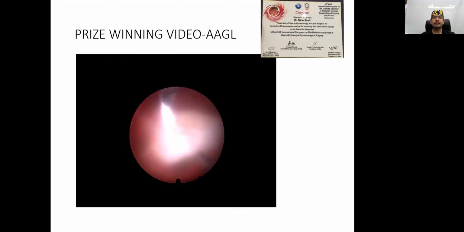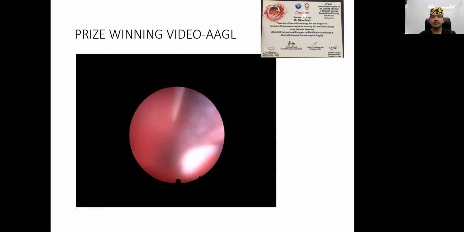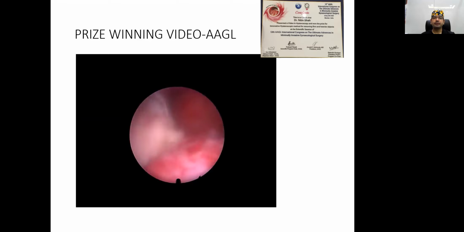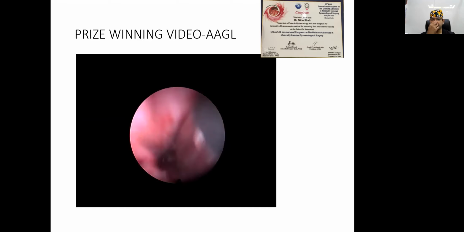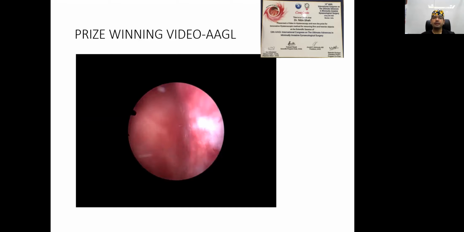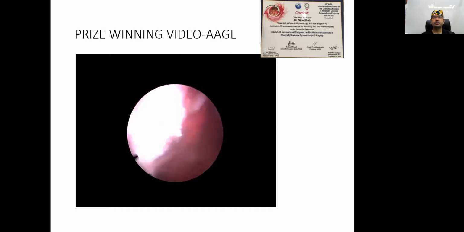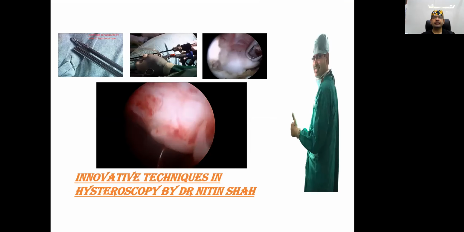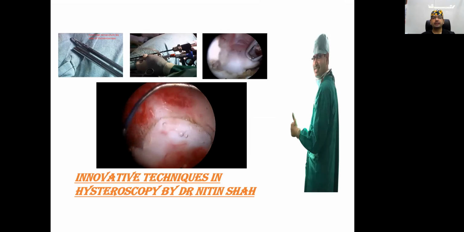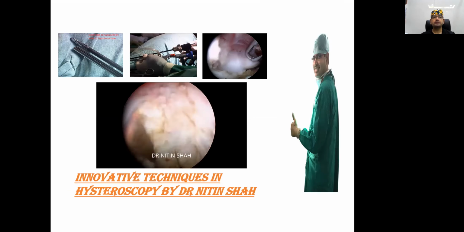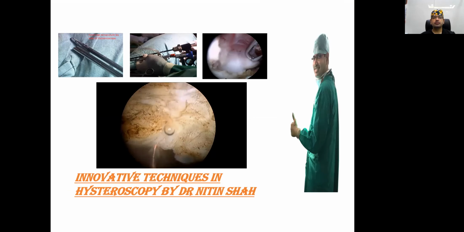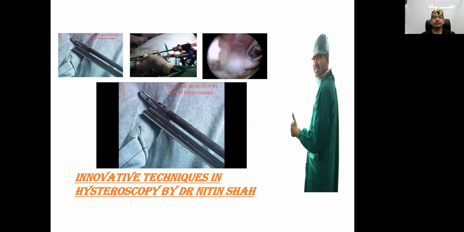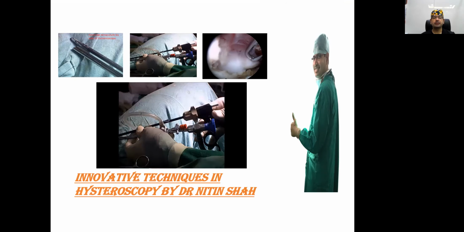So you can see with the help of the tenaculum, everything is under vision, and hence there is no fear of perforation or overshooting the movement. So the fibroid is removed from the capsule. The advantage is less fluid is used, less time is required, and there is no thermal damage to the surrounding endometrium as you approach towards the endometrium. So this is a technique which shows the fibroid is resected, and after that we introduce the laparoscopic tenaculum by the side, and you remove the entire fibroid from the base of the capsule.